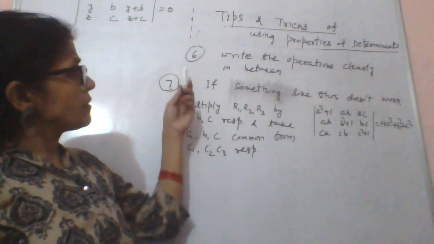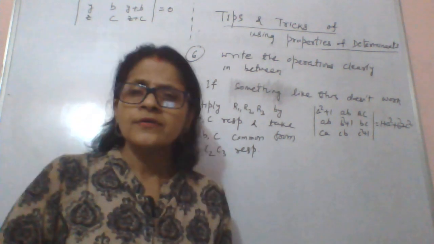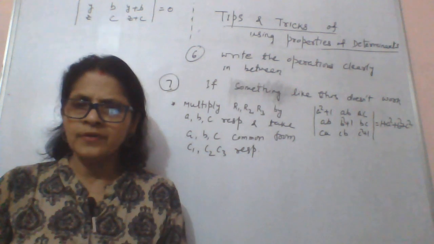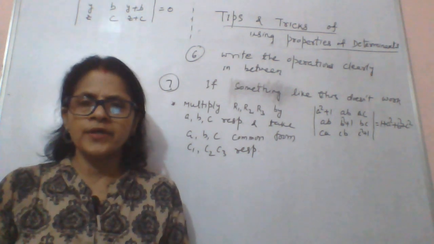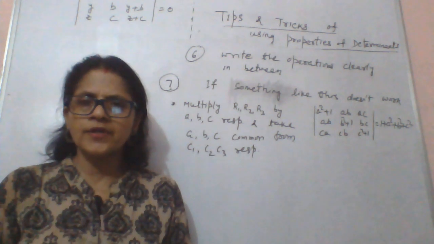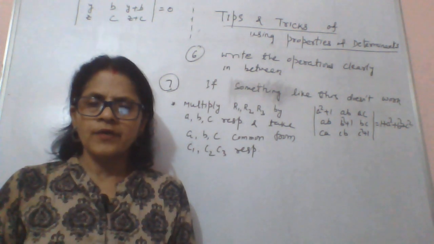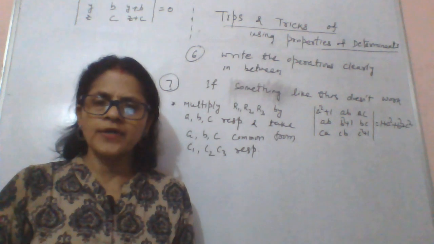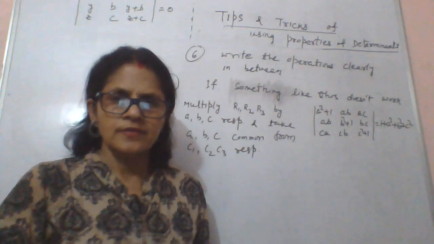So till the sixth step, is it clear? It means getting something common in any row or any column, taking that common, creating ones, then creating two zeros. But in every question, in all the cases, we do not get this.